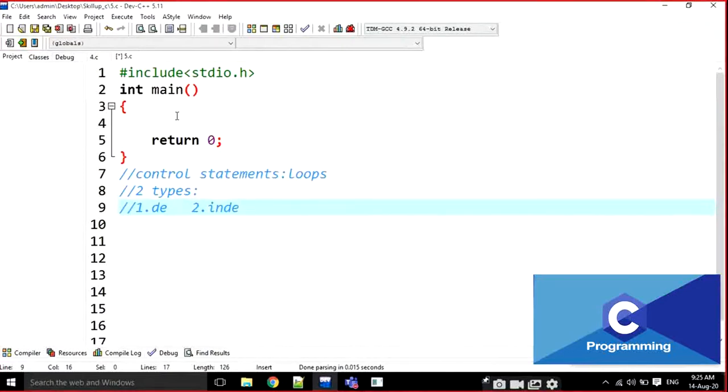Anyone? In for loop, within the condition and initialization, all the... You are telling the syntactical difference. Yes, sir, syntax is different. This is the usage difference. I want usage difference.